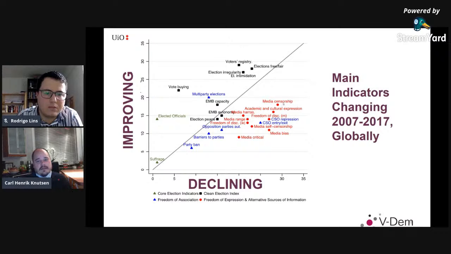colored indicators here in this diagram, these are basically freedom of expression indicators: media censorship, academic and cultural expression, media bias, etc. Then you have indicators in blue measuring freedom of association: party bans, barriers to parties, multi-party elections. And then you have these black dots, which are registering aspects of free and fair elections, the Clean Elections Index. So electoral intimidation, is there an accurate voter registry, etc. Vote buying, election monitoring board capacity. So these are the fine-grained building blocks in the V-Dem dataset,